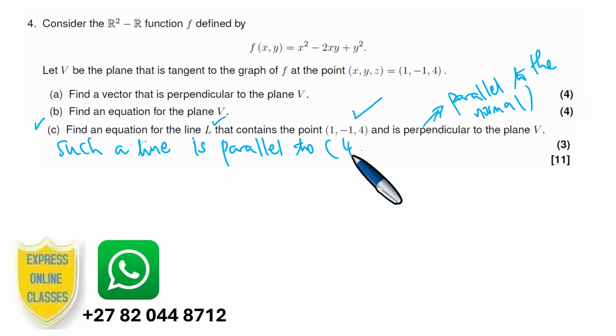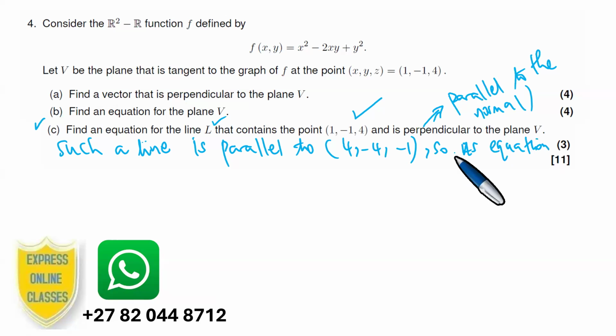It's parallel to 4, minus 4, minus 1. So its equation is